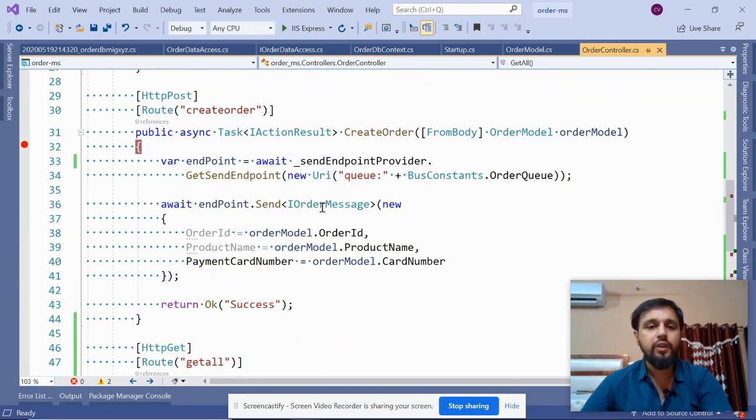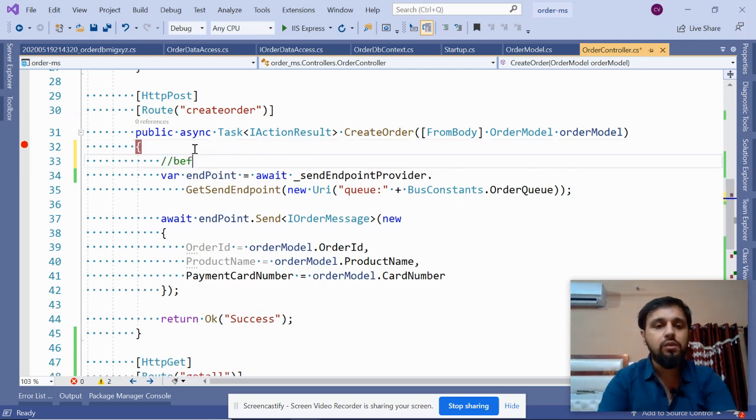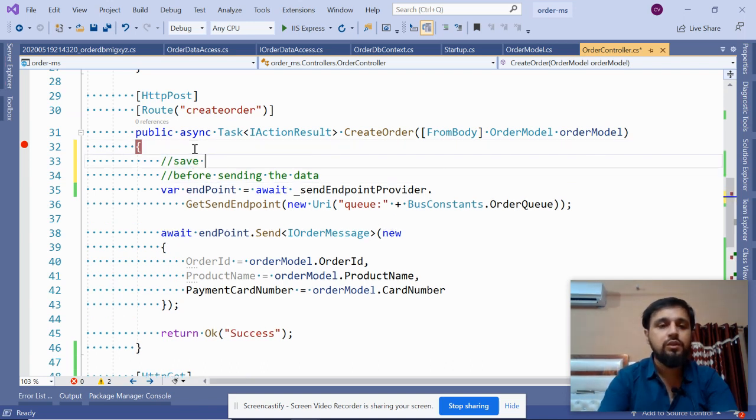Now we will add. So let's go back to our code where we are sending the data to this microservice. Before sending the data, we have to save it in the DB.